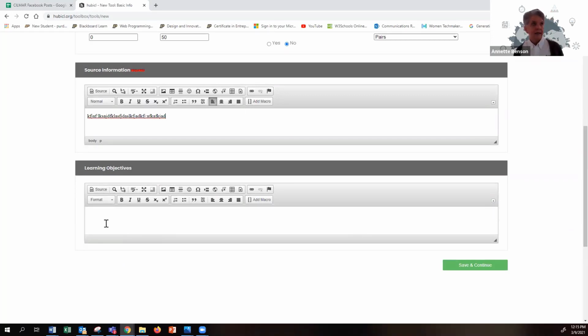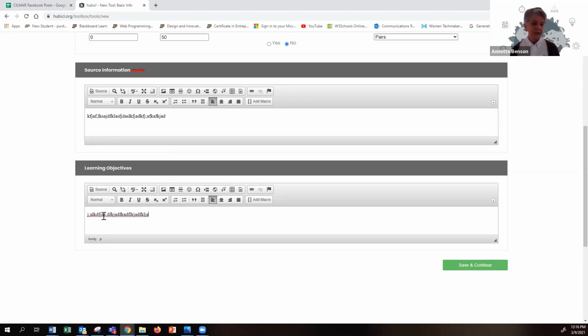Even for an activity that's an icebreaker, we expect that it would have learning objectives. We want everything in here to be designed for intercultural or global learning or learning along the lines of DEI, SJ, diversity, equity, inclusion, belonging, social justice. And so we ask that you do write learning outcomes. If you don't know Bloom's taxonomy, that is how we usually format all of these, according to Bloom's taxonomy. If you don't know how to do that, just put in what you think the learning outcomes will be, and the Hubicle staff will format them appropriately.